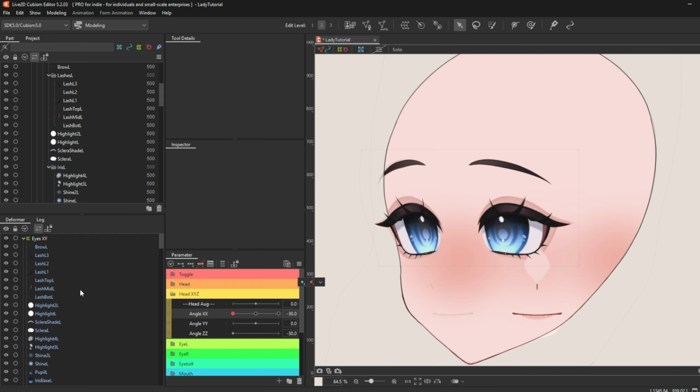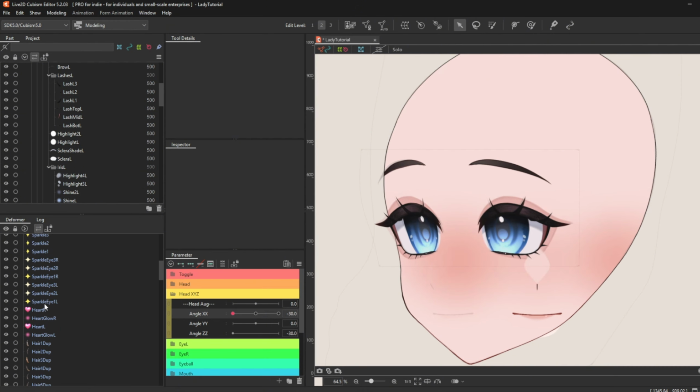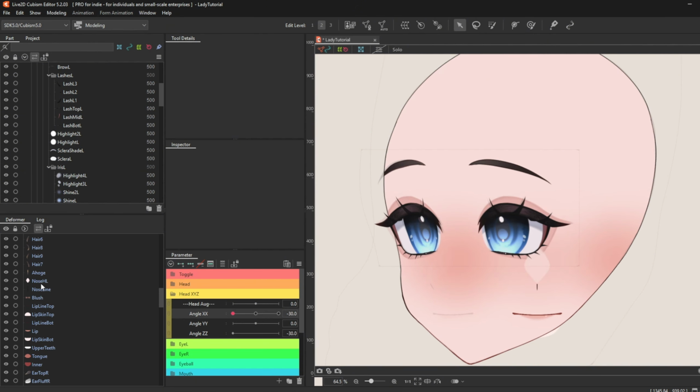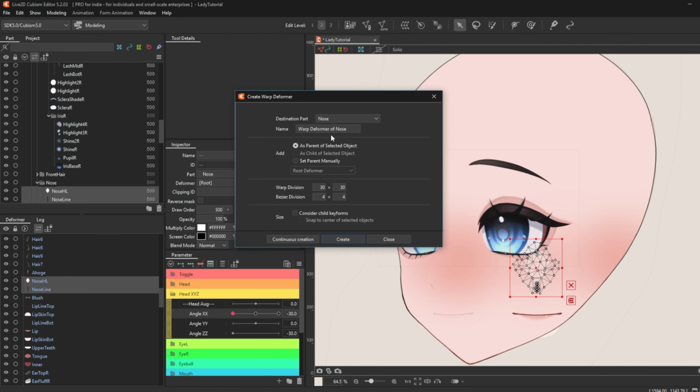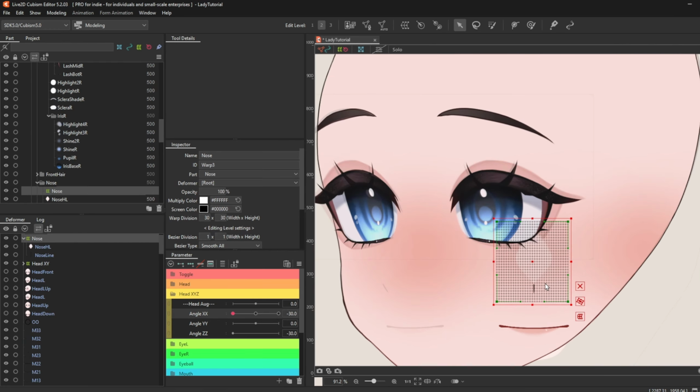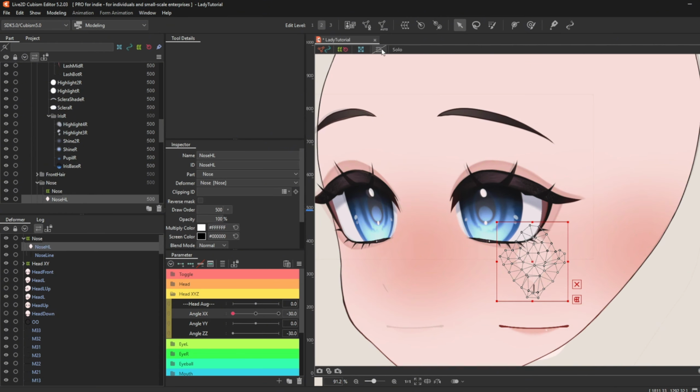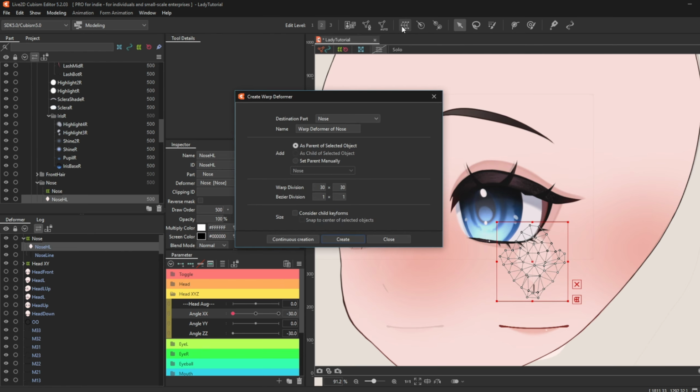Now moving on to the nose, I like to first make a deformer for my nose. Right here, the nose HL and nose line. The nose HL and nose line, we're going to make a deformer just to make sure that they're together. We're going to name it as nose. Now that we have this, we're going to make a deformer for each of them. So make a deformer for nose HL,